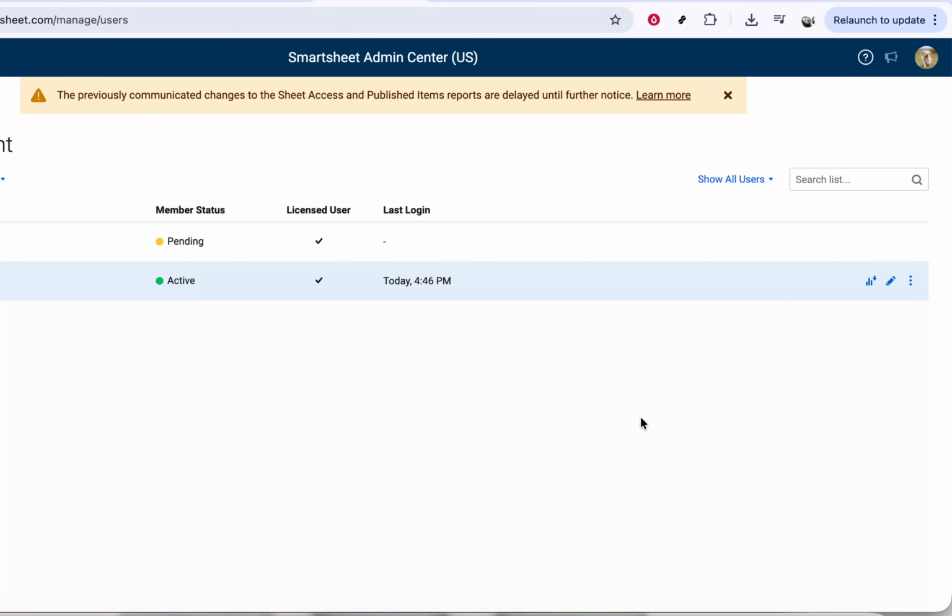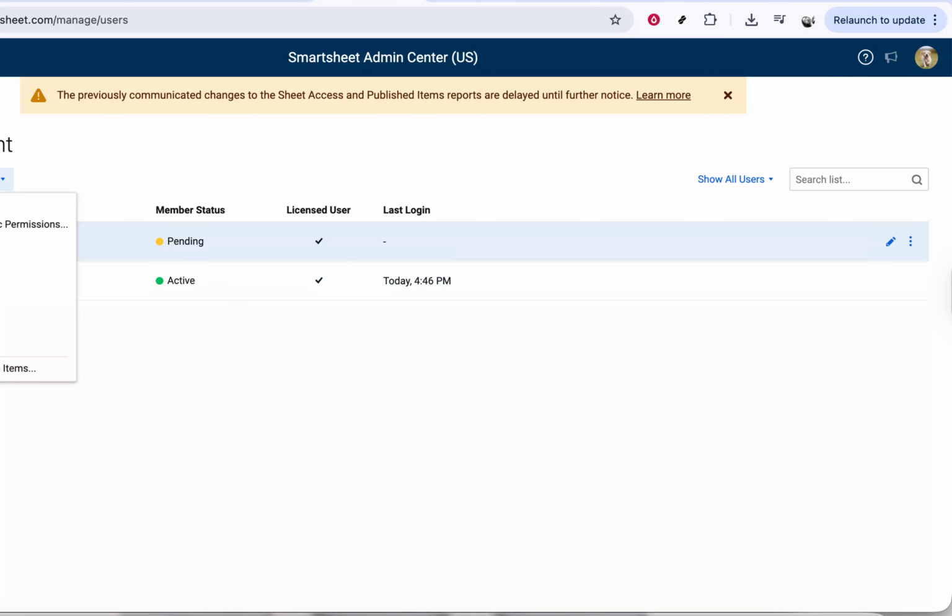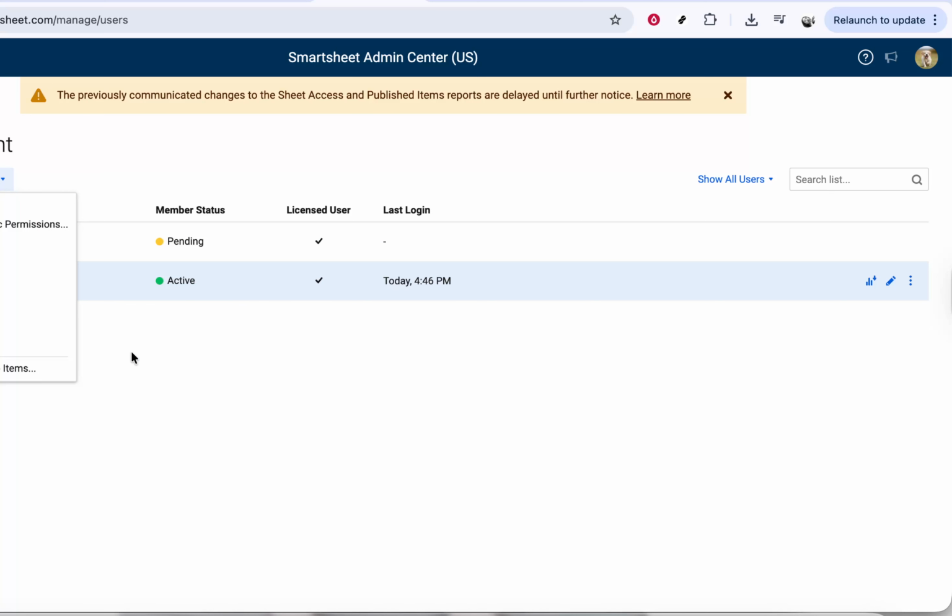Take a second to double check that you've selected the correct person. When you're sure, confirm the removal. After you confirm, the system will process the change, and that admin user will be removed from your